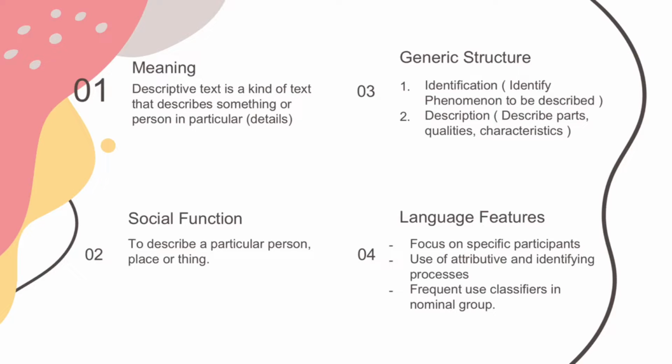So, it can be said that this descriptive text is a text that explains what a person or an object is like, whether its form, its properties, its amount, and others. The purpose of the descriptive text is clear, that is to describe, present, or reveal a person or an object, either abstract or concrete.